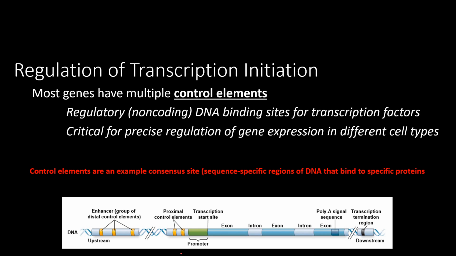And so here's a picture from your book. Now again, your book says this about promoters versus control elements. The promoter region here, you can think of that as the area that specifically binds to fundamental basic transcription factors that then recruit the RNA polymerase II enzyme. Okay, and then very close to the promoter, we have these proximal control elements that bind to other transcription factors,